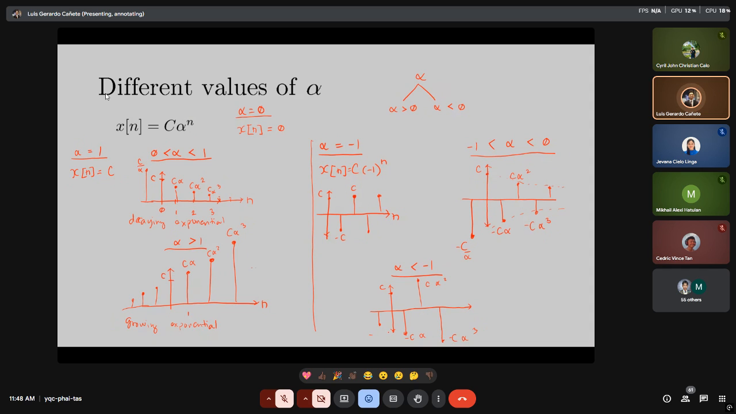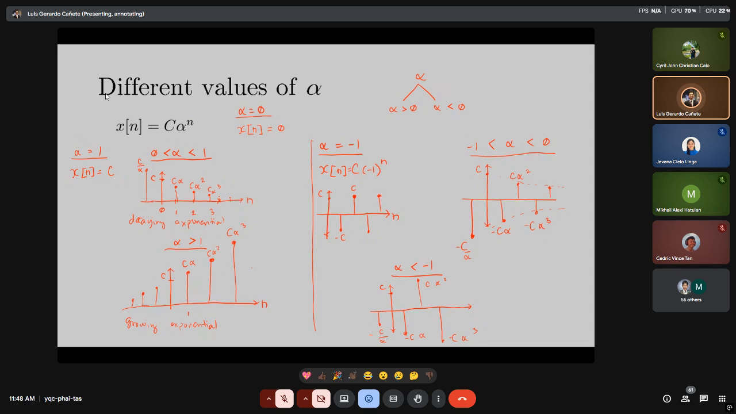Since it is greater than 1, the magnitude c divided by a number which is greater than 1 is going to be less than c, but it's going to be on the negative, and so what you have is a growing exponential. Okay, so